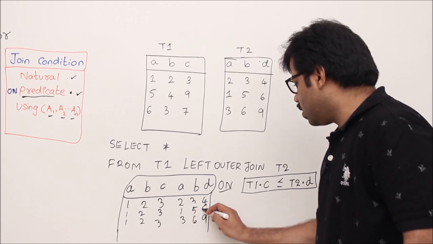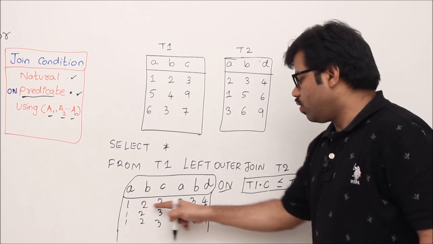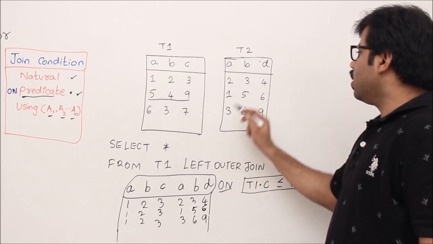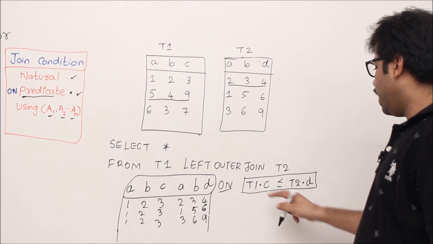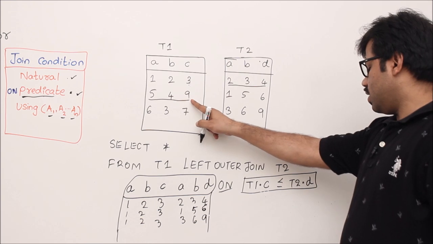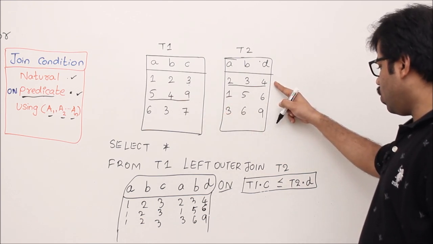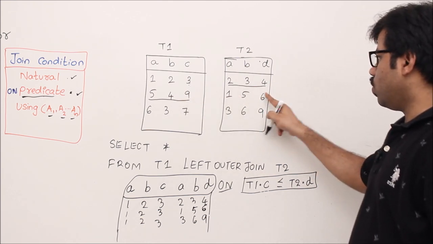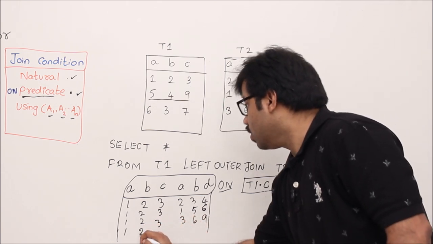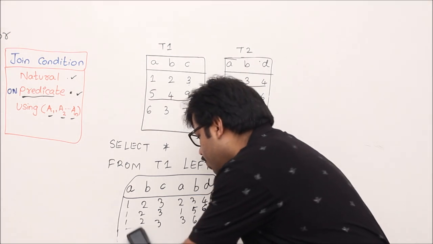1, 5, 6. Then finally with 1, 2, 3 we wrote 2, 3, 4, 1, 5, 6, 3, 6, 9. Now with 5, 4, 9, let's try 2, 3, 4. T1.C should be less than or equal to T2.D. So here T1.C 9, is it less than or equal to 4? No. 9 less than or equal to 6? No. 9 less than or equal to 9? Correct. So the new tuple that will be added is 5, 4, 9